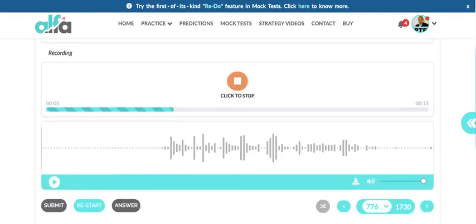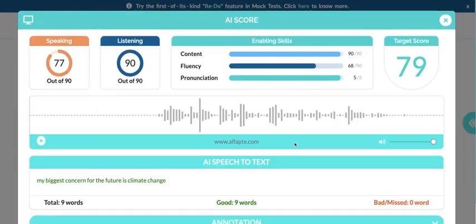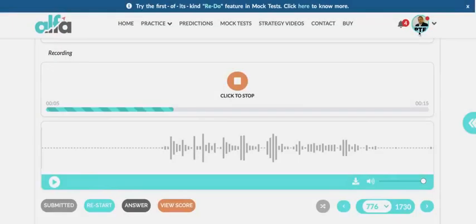Alright, so this time I took about 5 seconds instead of 3. And let's have a look. Yes, so my fluency dropped a little, if you noticed. Before it was in the 70s, now it came to the 60s, but my content is spot on, my pronunciation is spot on. So my listening went 90 out of 90, which is wonderful news for me. Plus in speaking overall I managed to get 77. That is again a very good score.